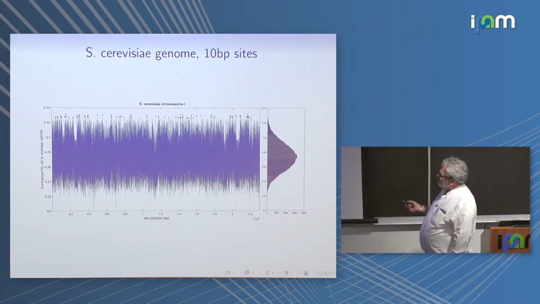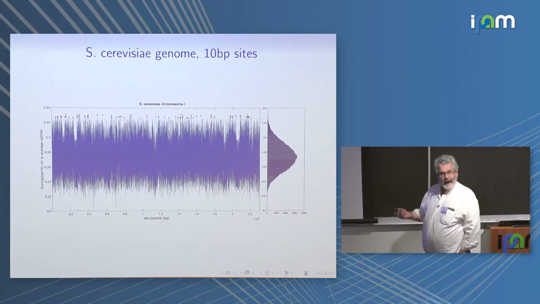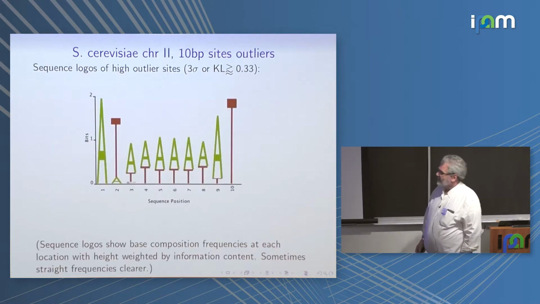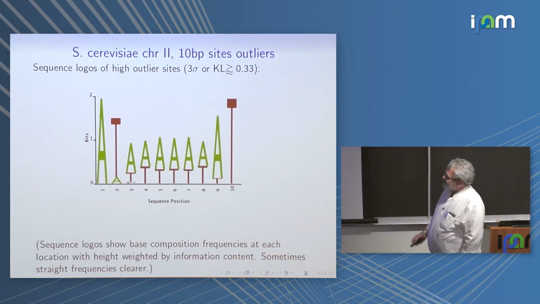But then you can do a histogram of the values, and it looks incredibly Gaussian. So then what we do is we can look at the sigma of that more or less Gaussian thing, and we call high outliers all the guys higher than 3 sigma. That's a standard notion of outliers, and those are the guys with the red crosses. Those are the guys that are beyond 3 sigma in this distribution. Now the question is, are they special sequences?